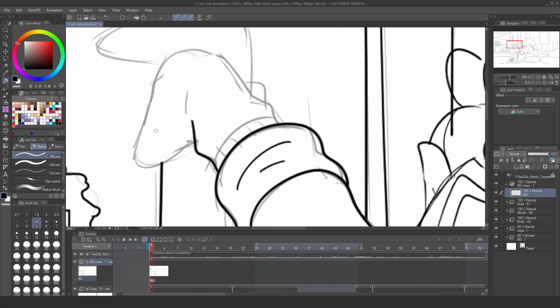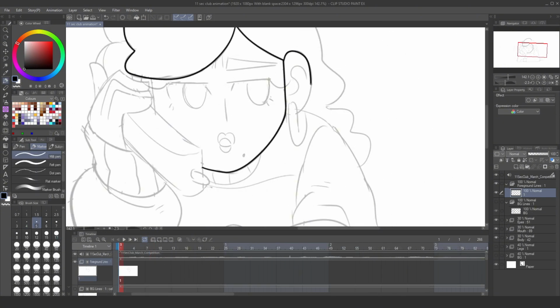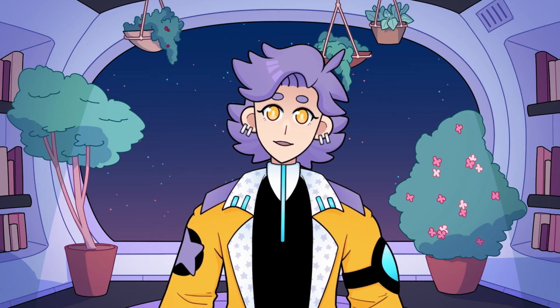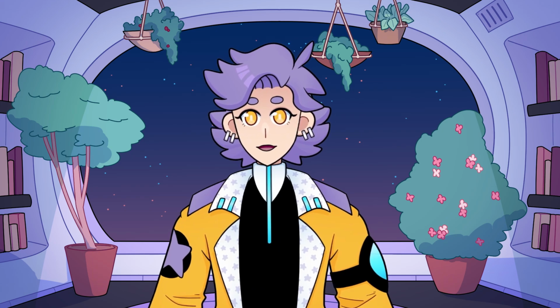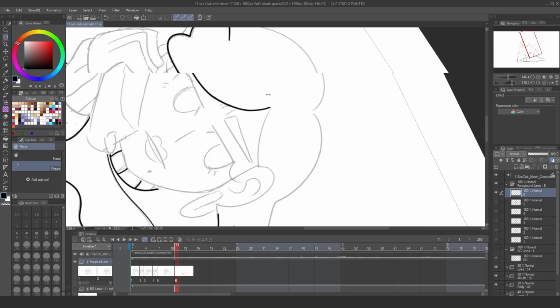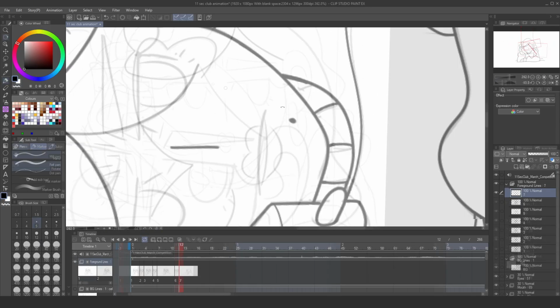I drew the background, the phone and her legs on the same frame as they wouldn't be moving, and then I made a separate animation folder for everything else. I decided not to have the eyes and mouth on their own frames like I did with the roughs, and just drew everything together. Overall, it was less frames, but I still had to draw her head over and over and